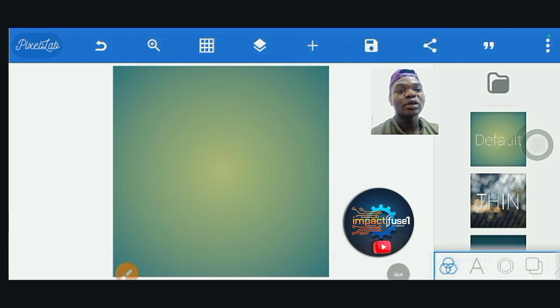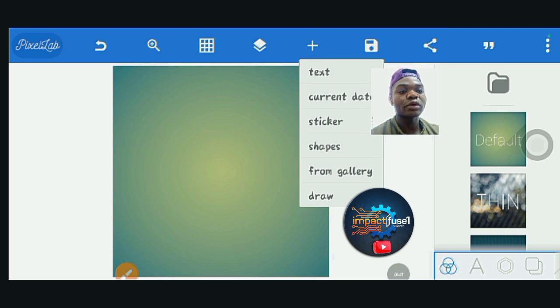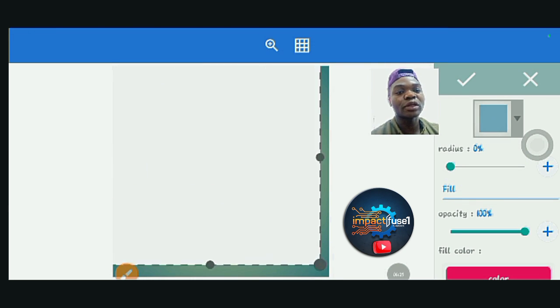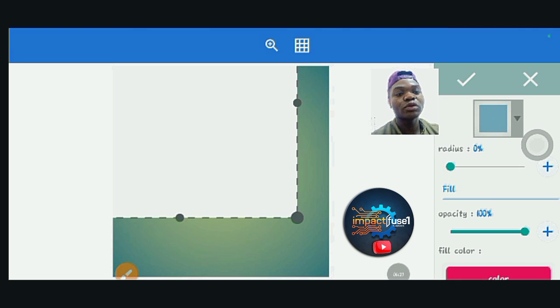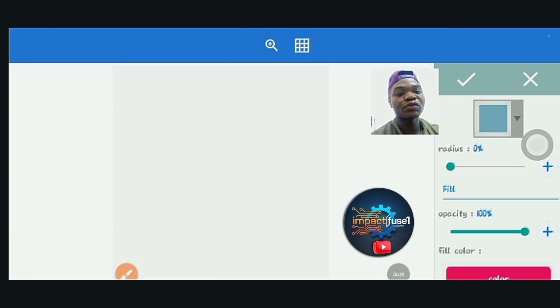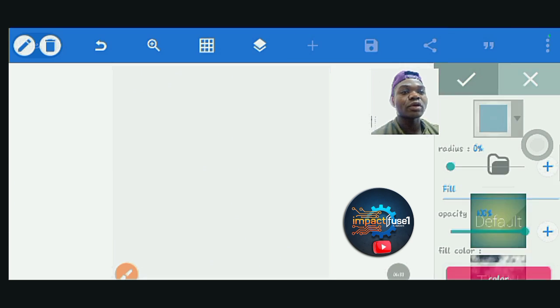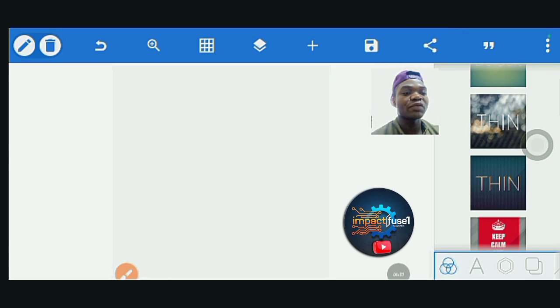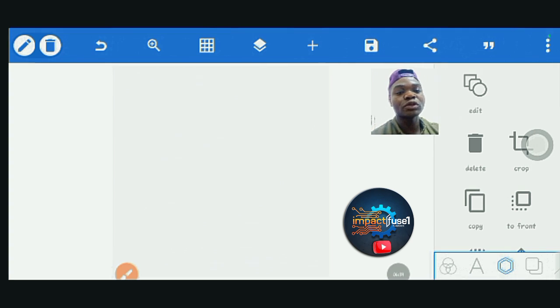The first thing here, I need to add a shape. So this is the first shape that I'm going to be adding here, so that we now start building the typography, which is the background we are going to be working on. Now I'll take this background, then I'm going to give this shape a color. So for me to get this shape color,